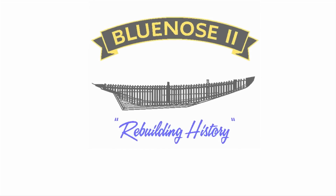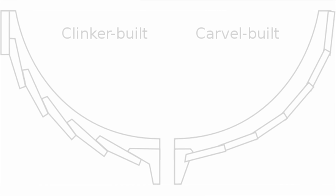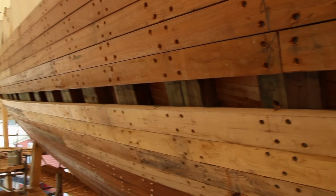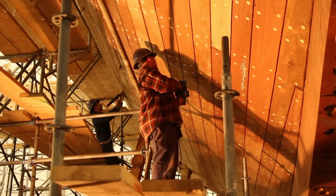In this Bluenose II Rebuilding History segment, we're going to look at planking. The Bluenose II has a Carvel planked hull. Carvel planking is a traditional single plank on frame construction, with the planking made watertight by caulking and by natural swelling of the planks themselves. The end result of this type of planking is a smooth hull, as opposed to clinker style, which resembles the